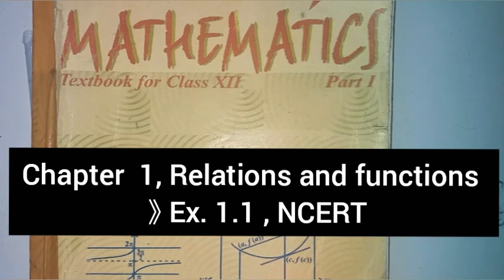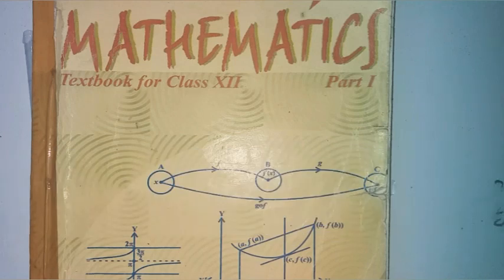We are continuing with chapter 1, relations and functions, of the class 12 mathematics syllabus. I have already discussed in my previous video the definitions of relations and how the concept of relations could be developed from the concept of Cartesian product, and then we have also done the types of relations, equivalence relations, equivalence classes, etc. So today we are going to do some good important questions of exercise 1.1,